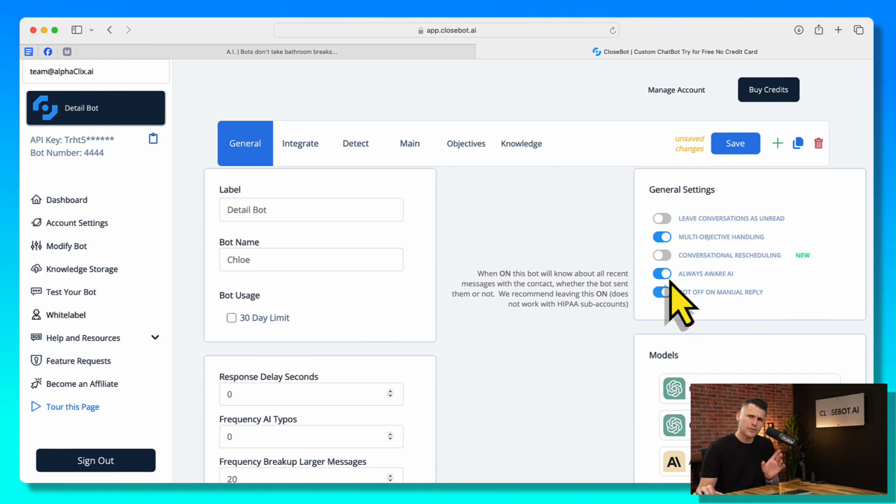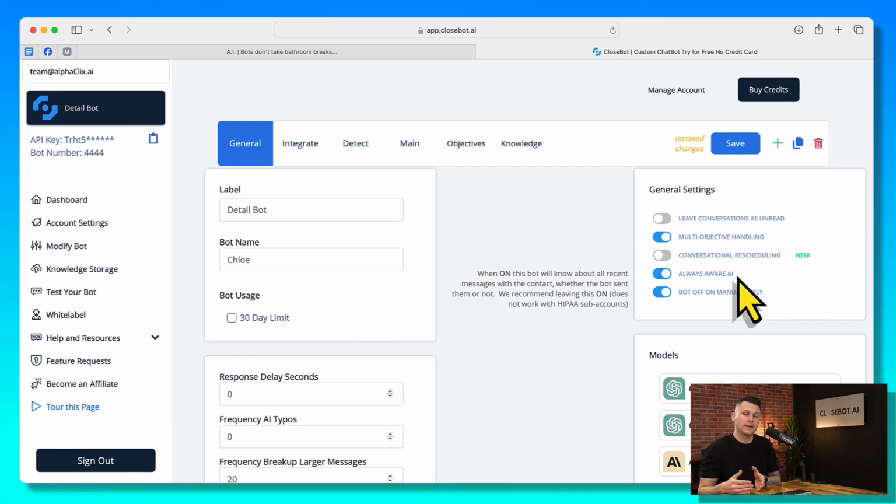However, if you are outside of using HIPAA, this is a really, really cool feature. To sum this up, every time a conversation is had, whether CloseBot had the conversation or your client manually takes over, starts typing, messaging from the desktop app on Go High Level, either or. If they start messaging and they turn the AI off, and let's just say they get busy with a client or they close for the day, and after hours that lead messages back, but our client isn't there,